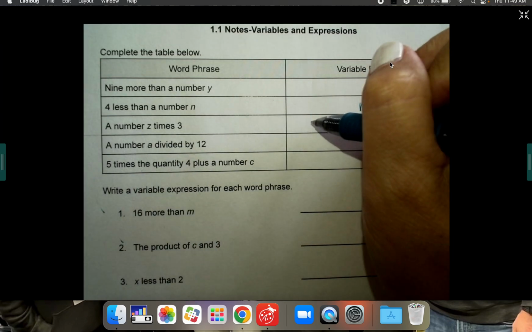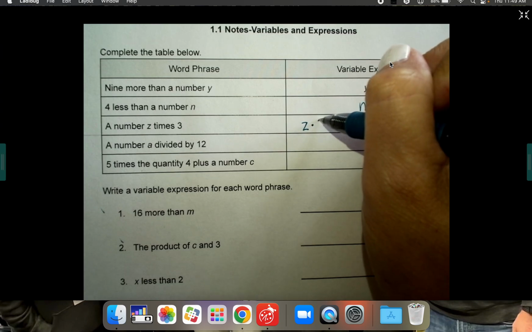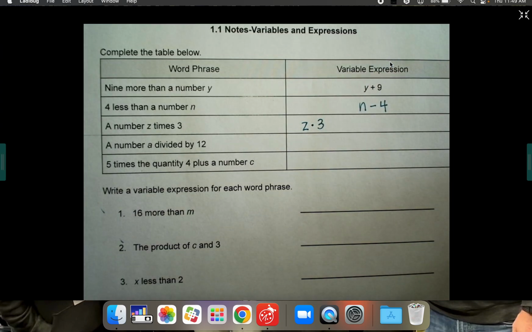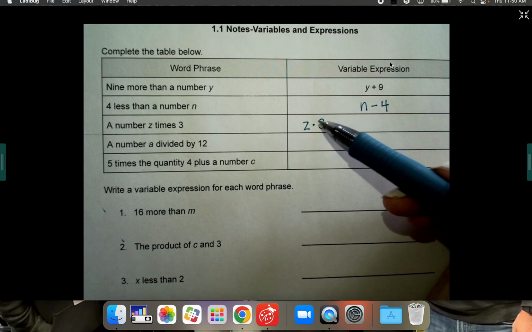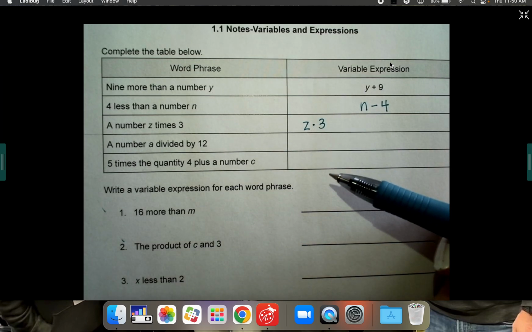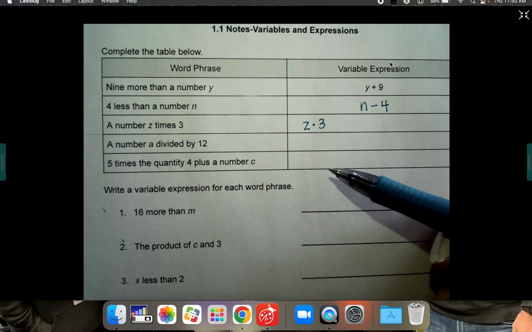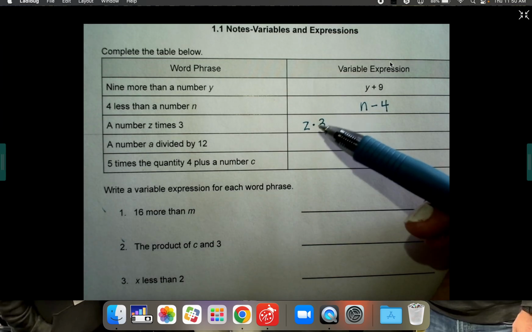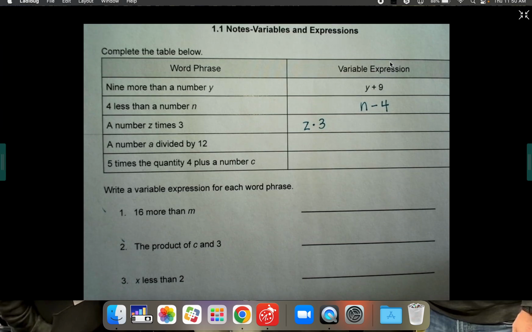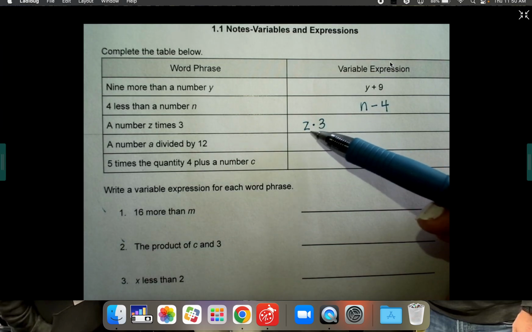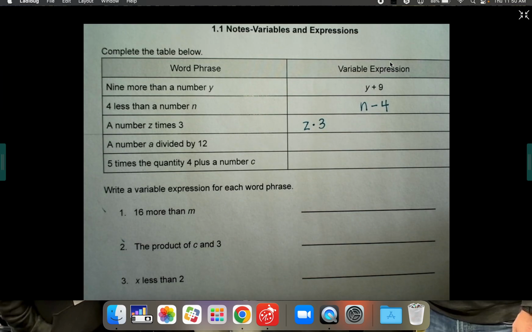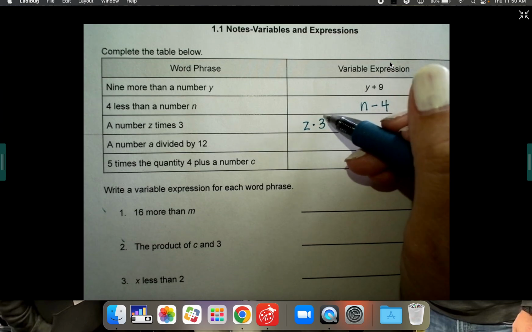Okay, probably you're thinking z and then times 3, or maybe you're using an x. I'm going to go ahead and tell you that for algebra, 2 things. We probably will not use the little x anymore for multiplication because that looks like a variable x, and so we'll use a dot. But even better than this, I want you to squish them together with no symbol in between. That means they're being multiplied, and always put your letter,